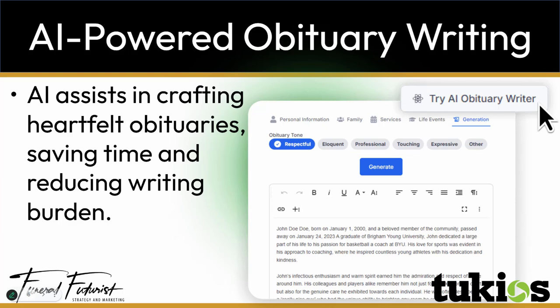And this is the AI Obit tool. So once you go through the intake, through adding personal information, family life stuff, services, and life events, you can go to the generation. You can generate it in different tones, and it gives people a start. So we already talked about that a bit. We'll actually demo that a little bit later. But if we go back to the next slide,